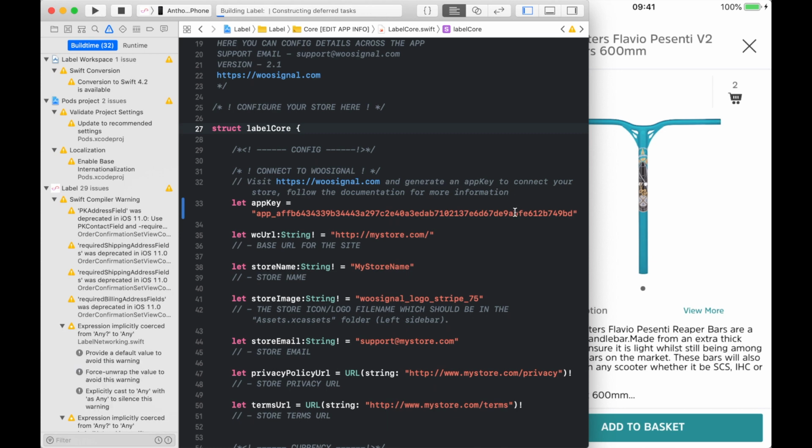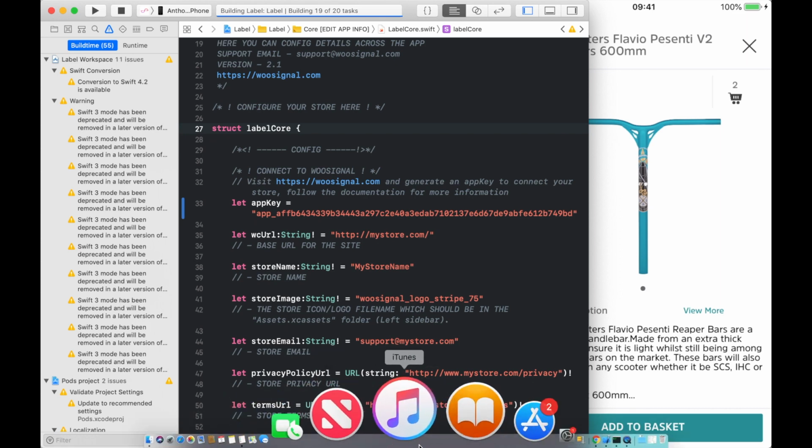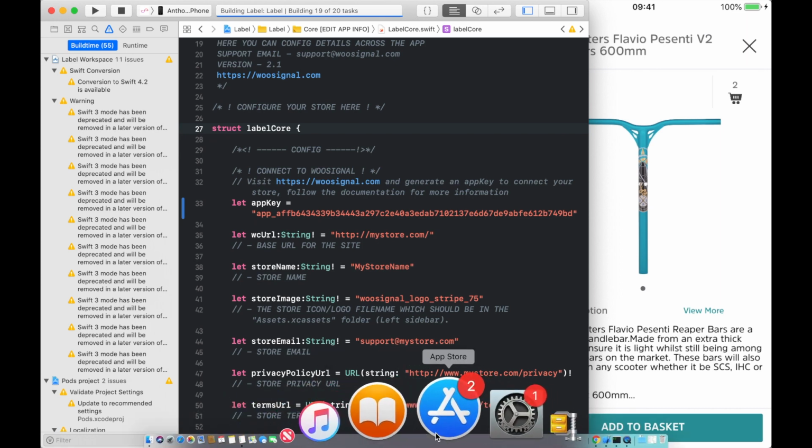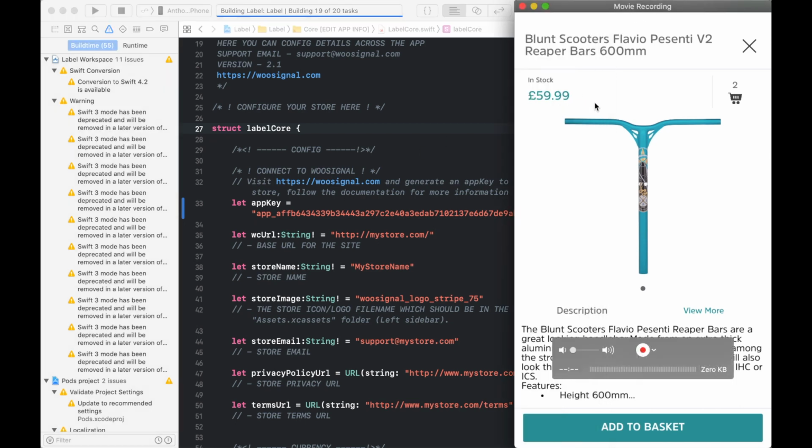Also, I forgot to mention that the software I'm using is Xcode. What you're seeing here is Xcode. This is something you can download from the Mac store, which is from here. Just search for Xcode, and you'll be able to run this software for building apps. Once that's all compiled, we should see on the right it will start to build the